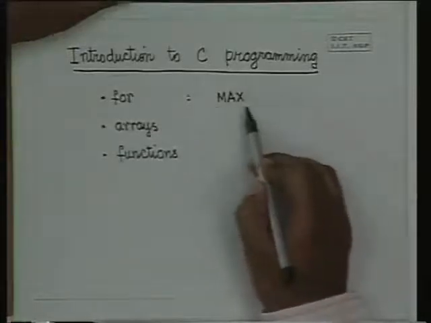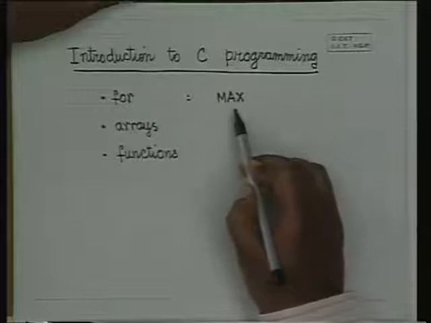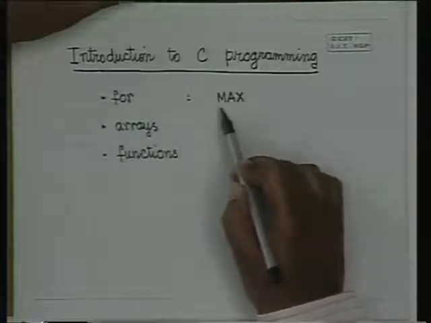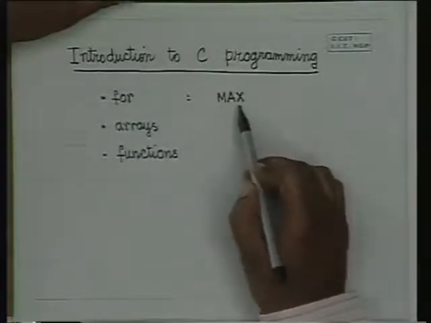So the example that we will take here is to find the maximum of n numbers. I had outlined the scheme for finding the maximum of n numbers. You first read in the number of numbers that you want, and then you read the first number, assign it to max, and then in a loop you read each number and update max if the new number is greater than the current maximum. That is what we translate exactly into a C program in the next example. So let's go and see the example.